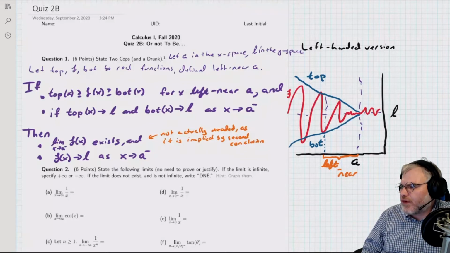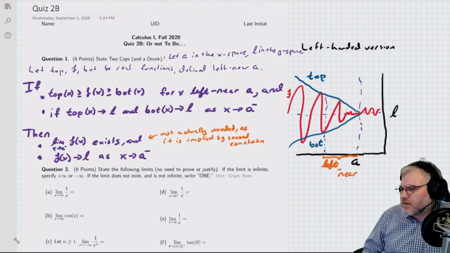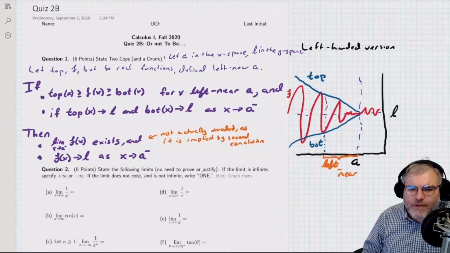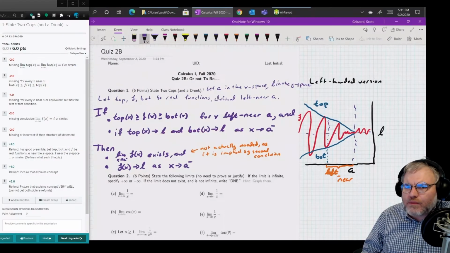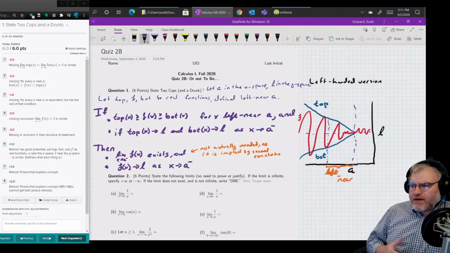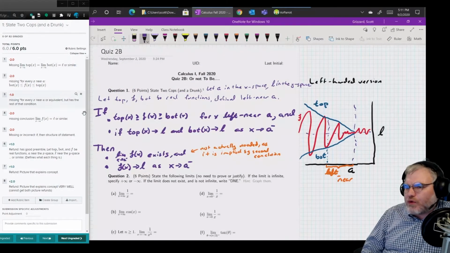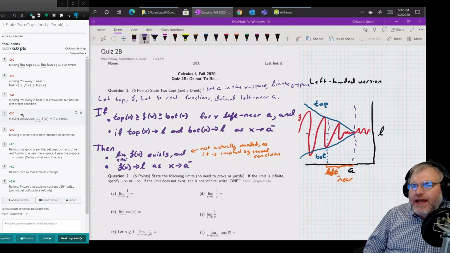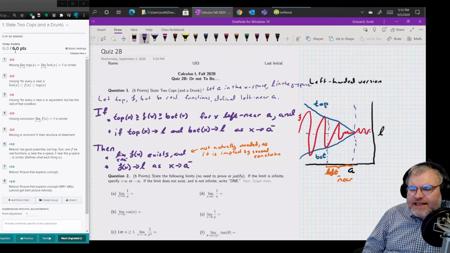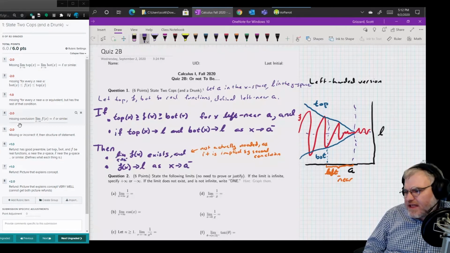So let me move this over in such a way that it doesn't reveal anybody's stuff. So if we look at the grader, and the grader's looking at the rubric on Gradescope, you'll see how this gets graded. It's out of 6. There's kind of a negative. You lose points if you're missing stuff. And then there's some refund points down here.